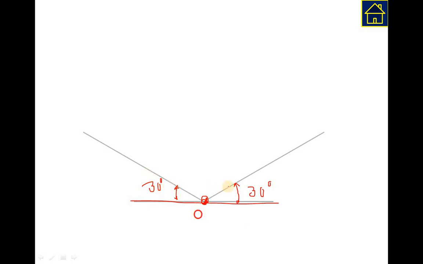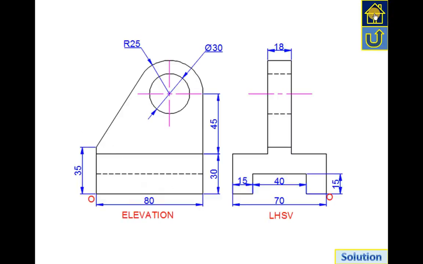After drawing this 30 degrees here, from the origin we have to draw the length, height and width. So here we are creating the box. This is our orthographic view. From the origin, on the right hand side there is an 80 mm extension, that is the length. You can check it here.